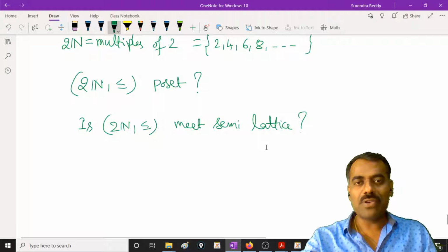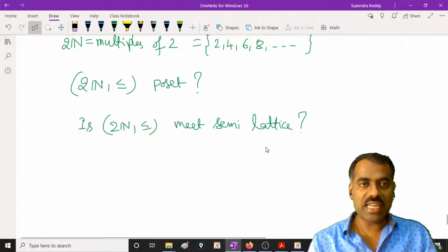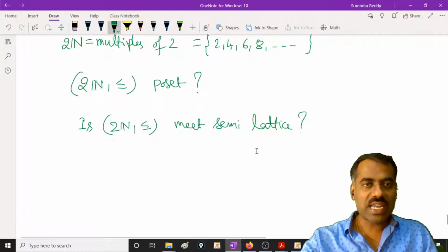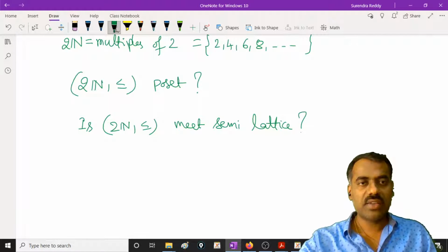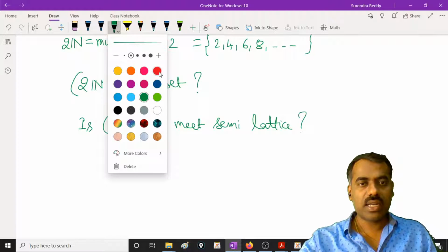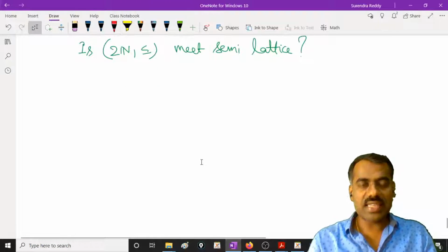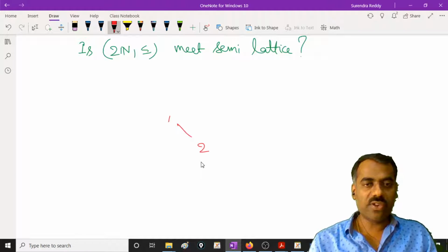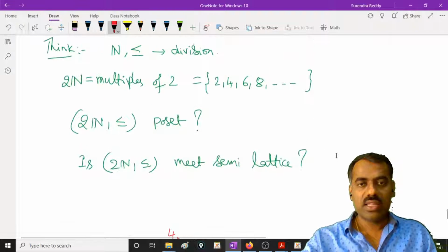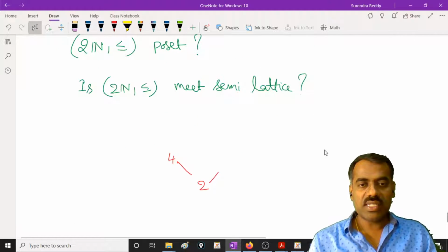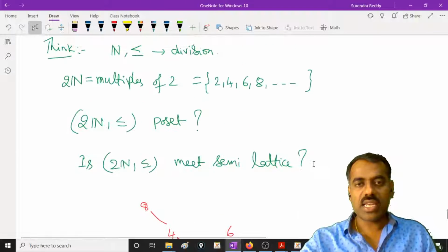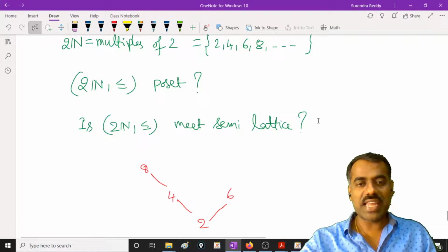How does this graph look? Can you start writing pictorially how we can write here? I take this just to write this diagram. How can you write this diagram? We will put 2 below, then we have 4 here, are you following? Then we also have 6 here, then we also have 8. Is this clear? Then after this, the next one is 10, right?